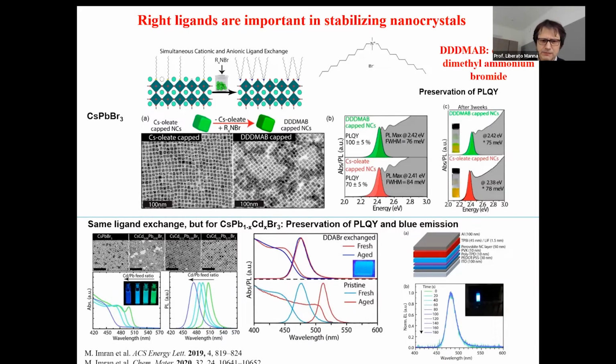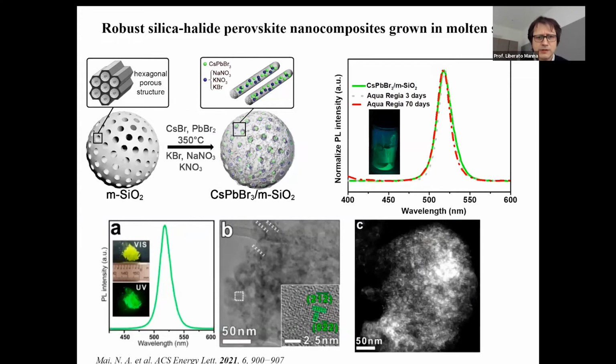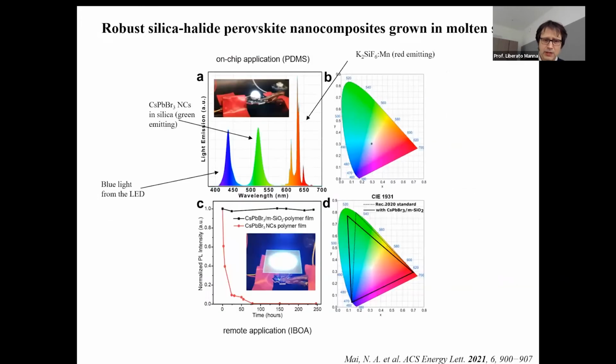Now, we also recently did some cool experiments, for example, growing nanocrystals of cesium lead bromide into mesoporous silica using molten salts. This reaction environment basically seals the pores of the silica and makes these nanocrystals very stable, even in aqua regia, for months. Okay. Now, with these silica-coated nanocrystals, we could, for example, prepare nanocrystal films emitting white by combining blue